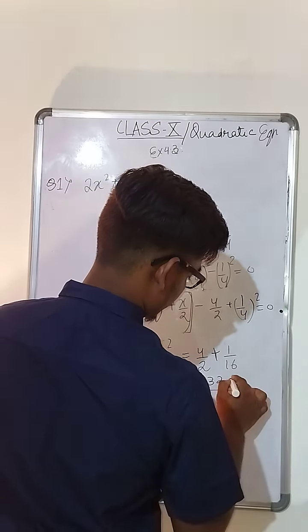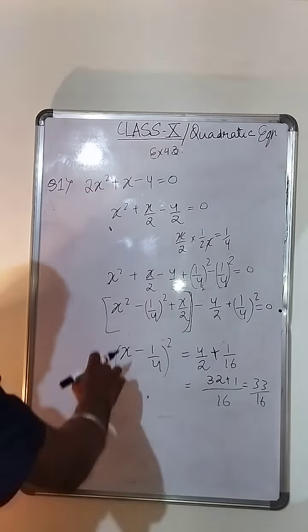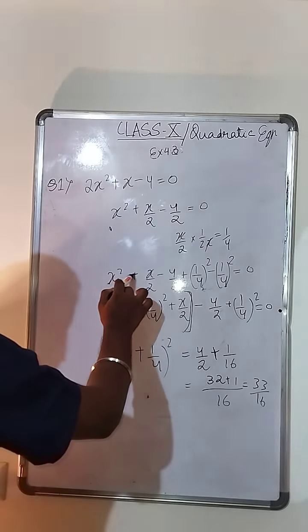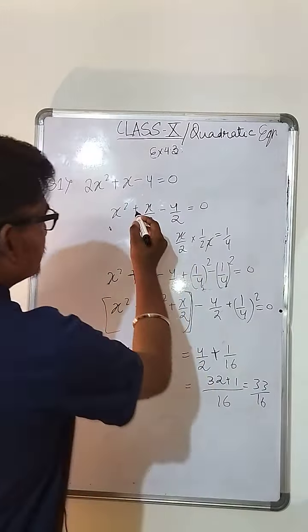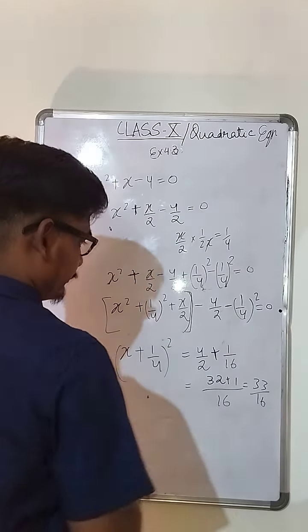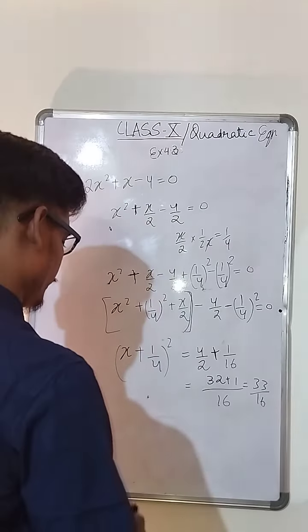Plus 33 by 16. It will become 33 by 16, okay. So now what I have done, sorry, it will be plus here. Okay, so it will be plus here because it is plus sign in the middle. So always check the middle term. If it is minus, then you will need to take the minus, and if it is plus, then you need to take the negative sign. Okay, negative part. So please check the minus and plus on that.